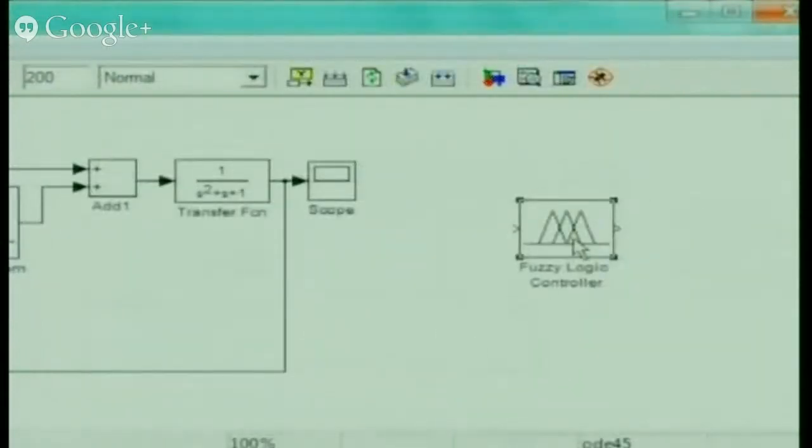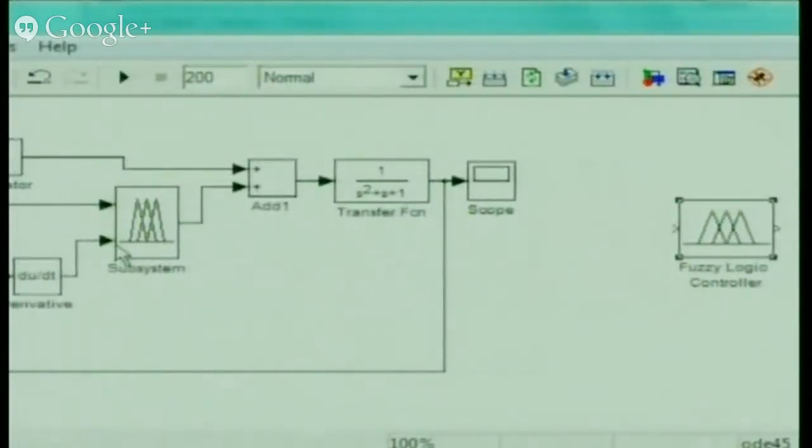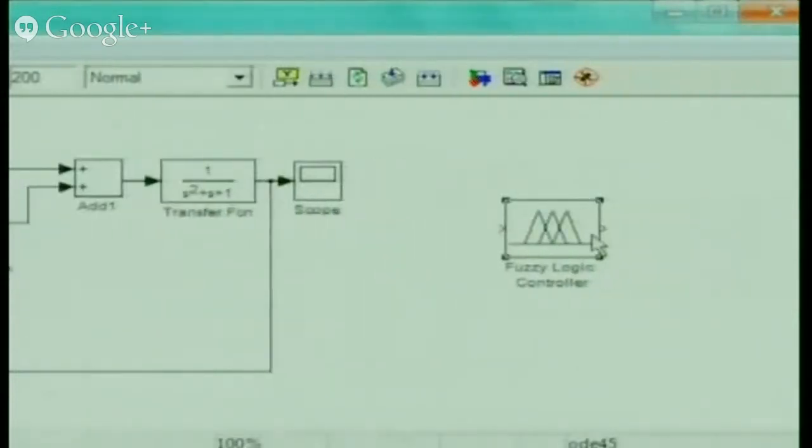Next is, in this PID, you know how many inputs are there? 2 inputs. So in this system I have 2 inputs. But the block which I have taken from the library has only 1 input. So I have to modify this according to the number of inputs. Say if I have 3 inputs, again you have to go and modify accordingly. Or what you can do is you can put a mux here.